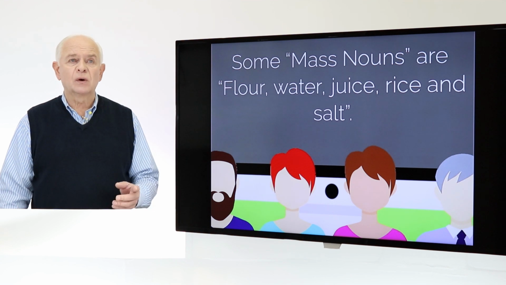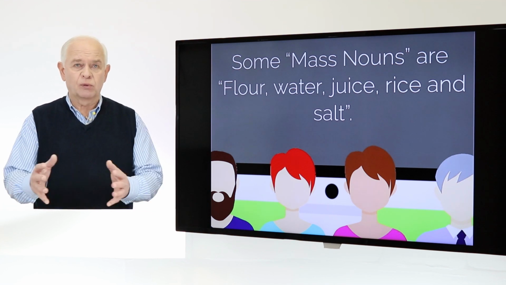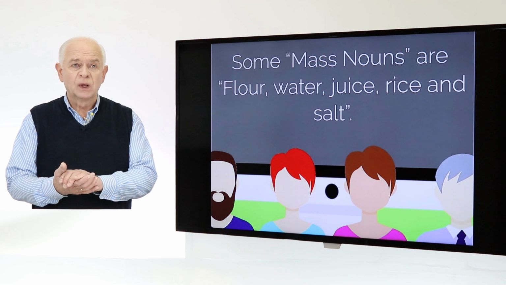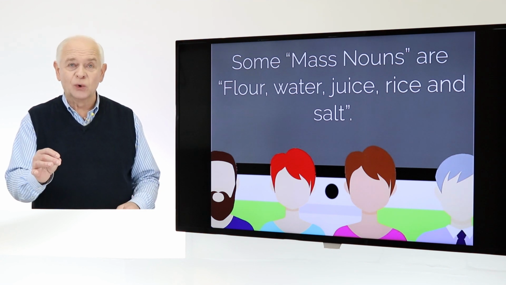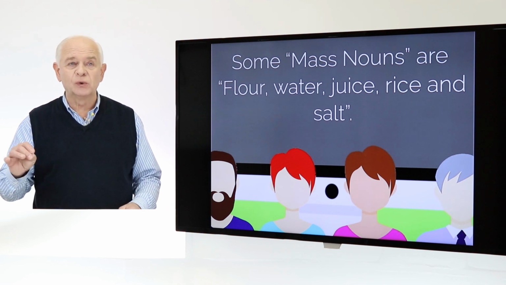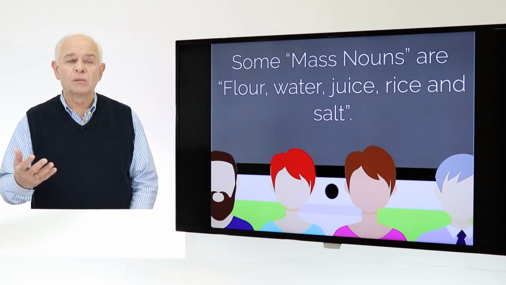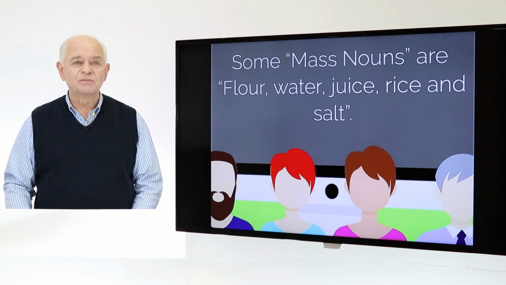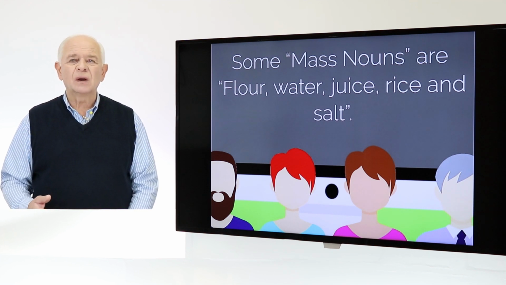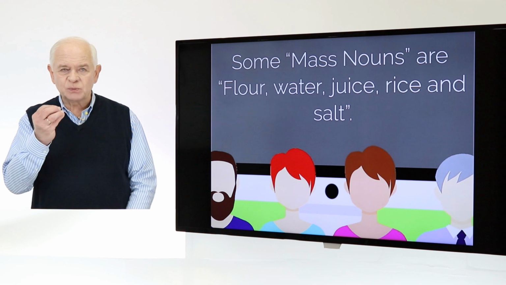So if we start out with flour, something we make bread with, right? That's flour. The other kind of flour, like a rose, would be F-L-O-W-E-R. F-L-O-U-R is all about flour made from wheat, and that's how we make bread, right? Flour, water. We can't really divide and count each piece.